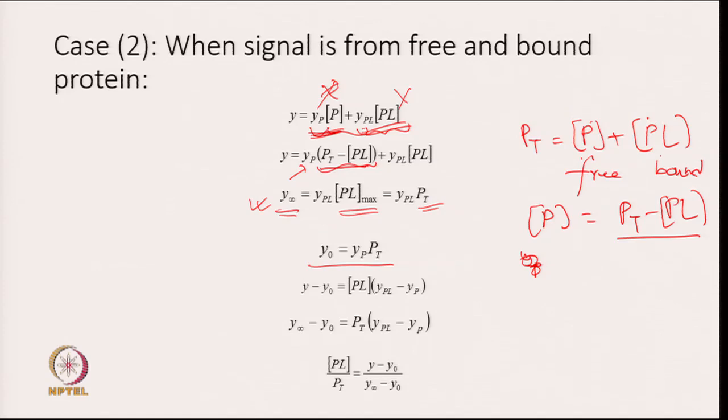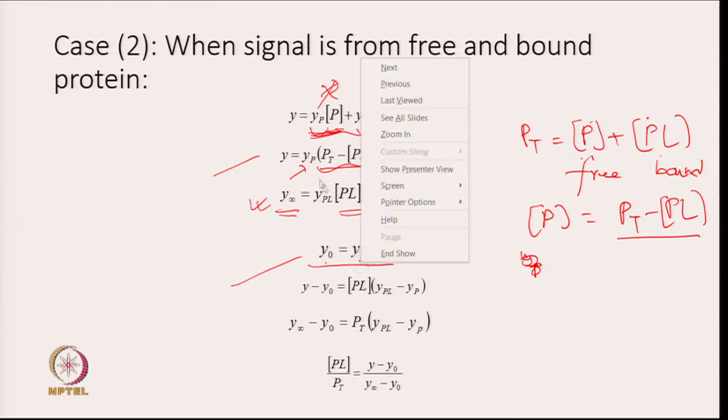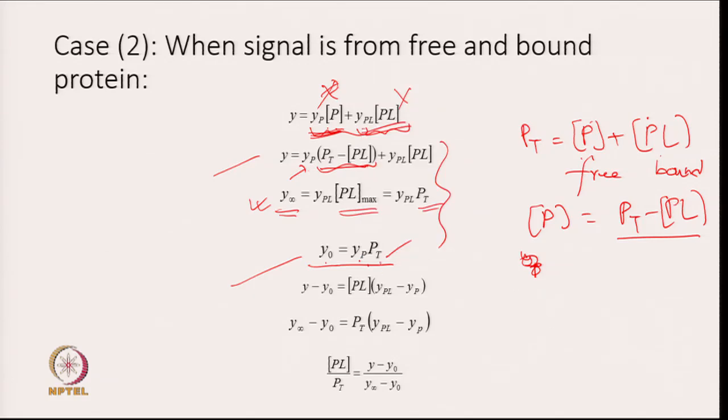All the signal is due to the protein itself, and the protein is totally in the free form, so you can write y0 is equal to yP into total protein concentration. So, you have three equations. First, we calculate y minus y naught. When we do that, yP into Pt cancels out. What is left is